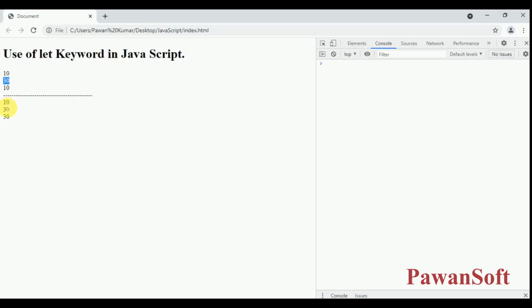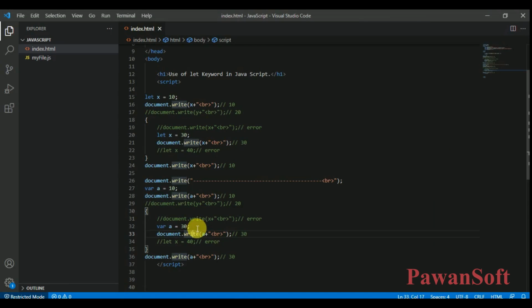Meaning 10, 30, 30. When you declare a variable using the var keyword and you assign a value, after that you will get the latest value. You always get the latest value, because there is no block scope in the var keyword.